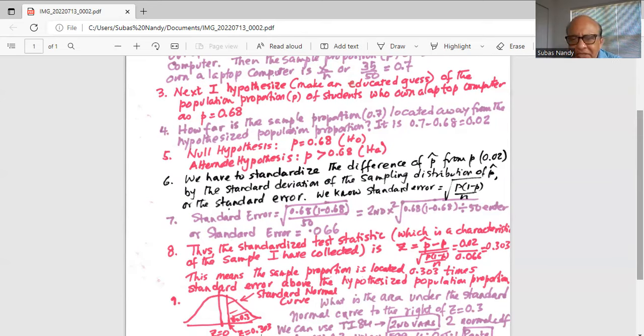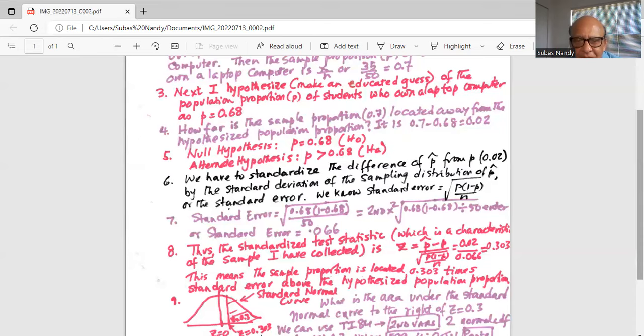Thus, the standardized test statistic, which is a characteristic of the sample I have collected, is the difference of the sample proportion from the hypothesized population proportion divided by the standard error, or the standard deviation of the sampling distribution. The difference is 0.02 divided by the standard error, which is 0.066, which is 0.303. What does that mean? That means the sample proportion P hat is located 0.303 times the standard error above the hypothesized population proportion of